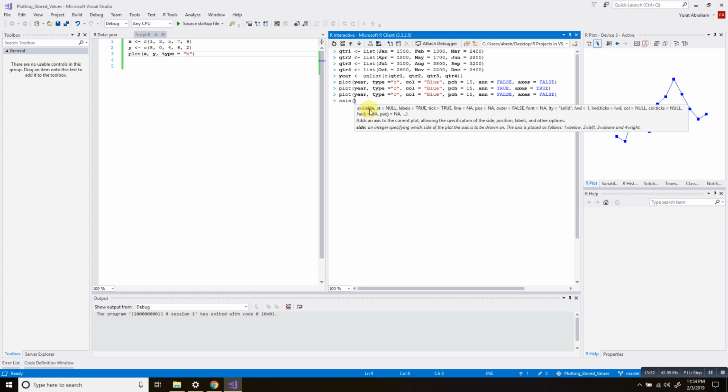All right, so let's see now. The first argument is the side, the side number. Here goes the information. If I type in 1, it'll be below, down here. 2 is on the left, number 3 is above, and 4 is on the right. So let's start with the one below, representing the x-axis. So on the x, which is below, I'm going to have